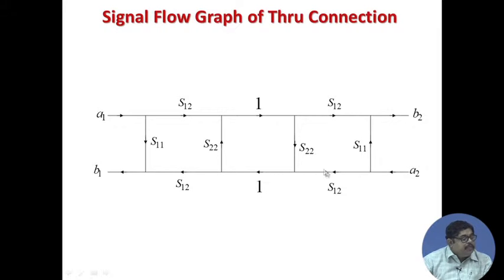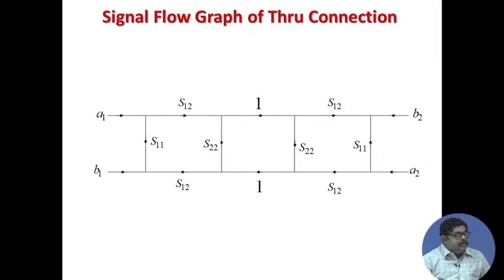We are assuming the same S matrix here, only thing is A2 B2, this is A1, this is A2, this is B2, this is B1, that is why these directions got changed. And inside, through means direct transmission from this point to this point is 1, and this point to this point is 1. There is no transmission line, it is just 2, that is why these two ends are connected by 1